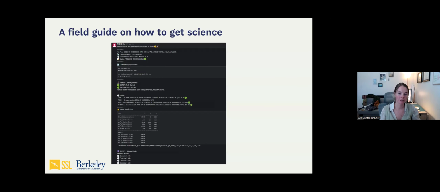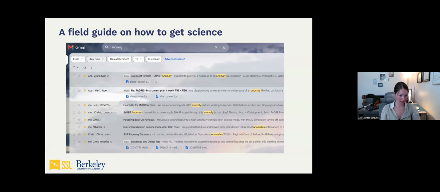So back to the question here, surely it's healthy most of the time, right? I went ahead and opened my inbox and typed in the word anomaly and hit enter. And I took a small screenshot. This is from the last month of just how many times anomalies happen. As a payload controller, it's my job, once again, to always be available for this. So I always need to be monitoring this to see if anyone else catches an anomaly before I do. And then we have to diagnose, address, and fix that problem.